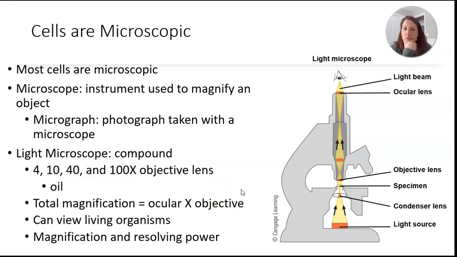Okay. One of the really neat things about light microscopy, which makes it different from other types of microscopy, is that you can view living organisms and you can use special stains, right, to see things inside of those living organisms. You should know what it means to magnify. So again, that means to make appear larger. And you should also know what resolving power means. Remember, that's the ability to see 2 distinct objects as distinct, or we can say the ability to see fine detail. Okay, and the light microscope will have a limit to that. There will be a point at which you can't magnify any farther because you can't resolve.